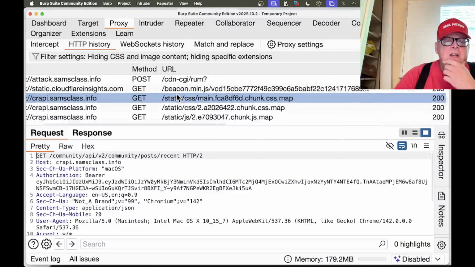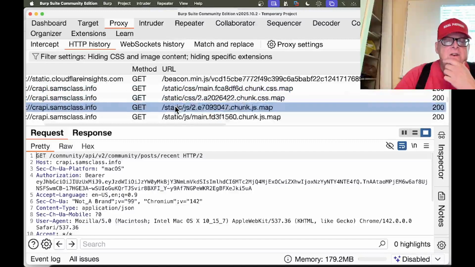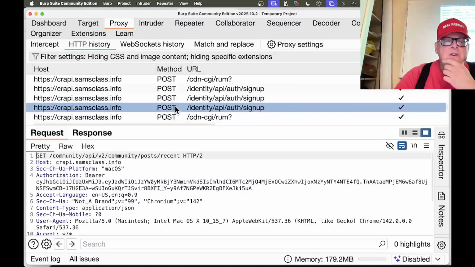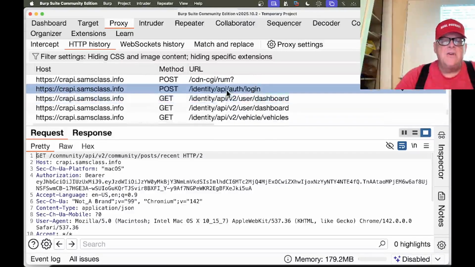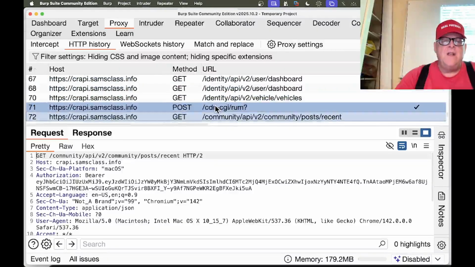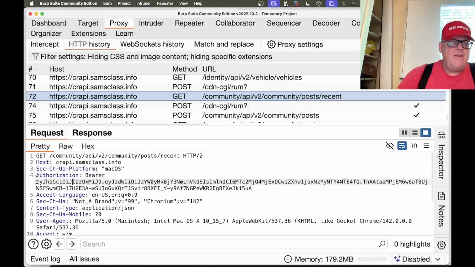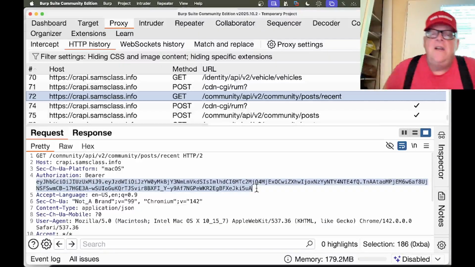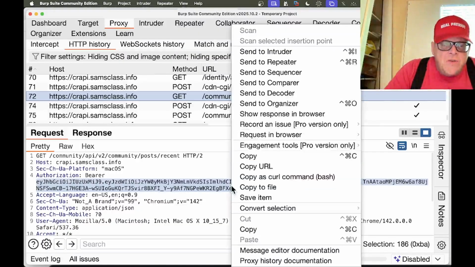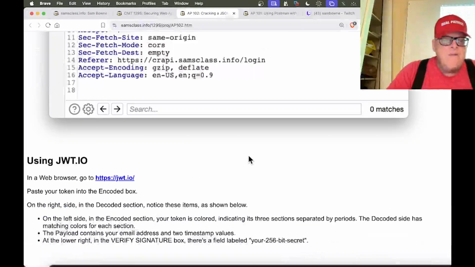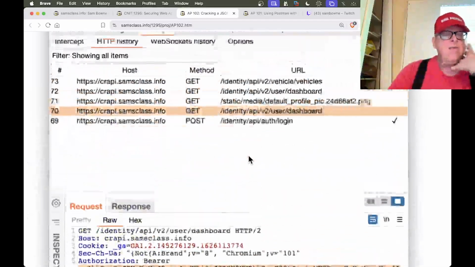After I've logged in, if I do a get, let's see, here's sign up, here's login, and these gets that load things afterwards, like the things that get the community post, yep, there's the bearer token. Every request that I send after I've logged in pretty much has to have this token to prove who I am, I've logged in, and show things from that point of view. So I can just copy that token, and I've got it to play with. So now that we got that token,